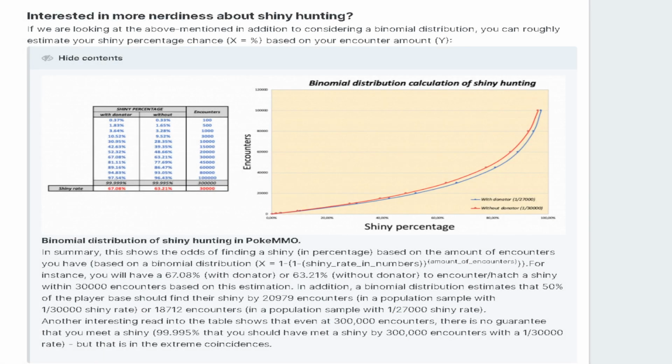Yo, what's up? My name is Petrowski, and I wanted to talk about one of the most interesting pieces of shiny hunting information that I have ever seen and ever read within PokeMMO, and I feel like it's super under talked about, and that's actually going to be something very math related, and I'm very uneducated when it comes to math specifically, but I'm going to try my best, and you guys can correct me if I get anything wrong